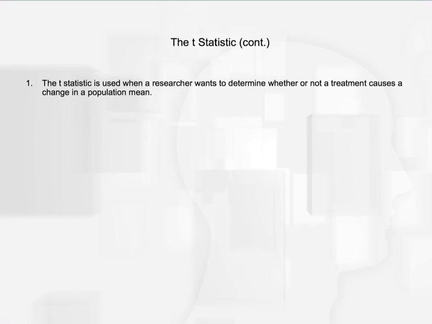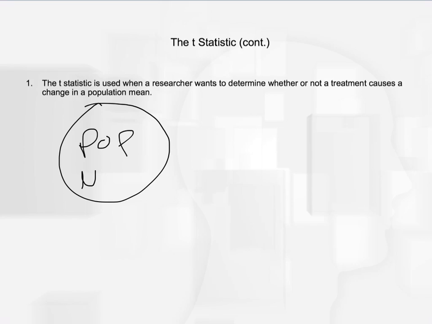The two general situations when you would do a t-test would be, one, when you want to determine if a particular intervention or a particular treatment caused a change in a population mean. If we had a population, let's say the population was of children who had dyslexia or reading problems, and their average score on a particular reading test, let's say, is 80. And we have a way of helping children who have dyslexia, so we take a sample,